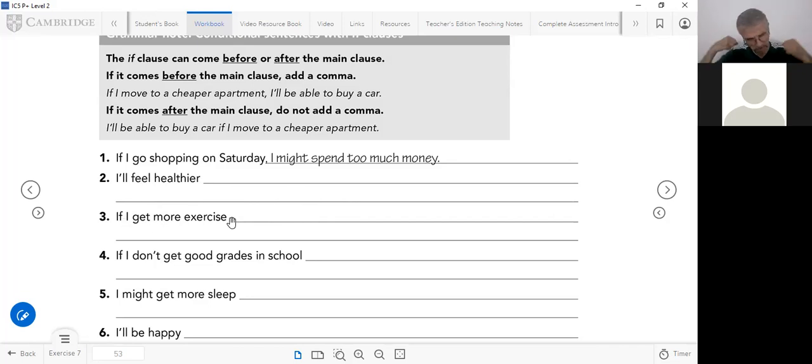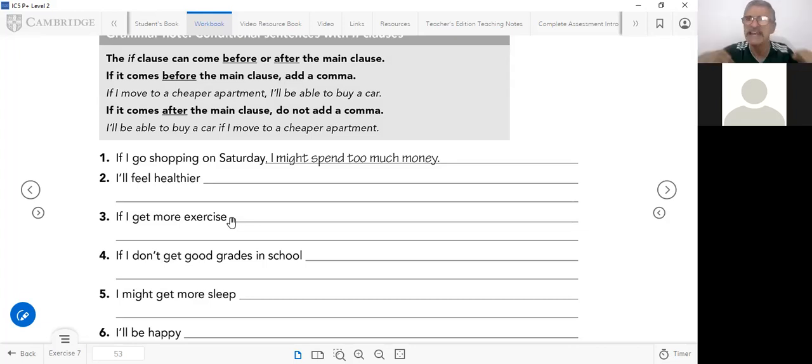If I get more exercise, I'll have muscles. My muscles are going to grow. You understand? Okay. If I get more exercise, my muscles are going to be developed, are going to be bigger,